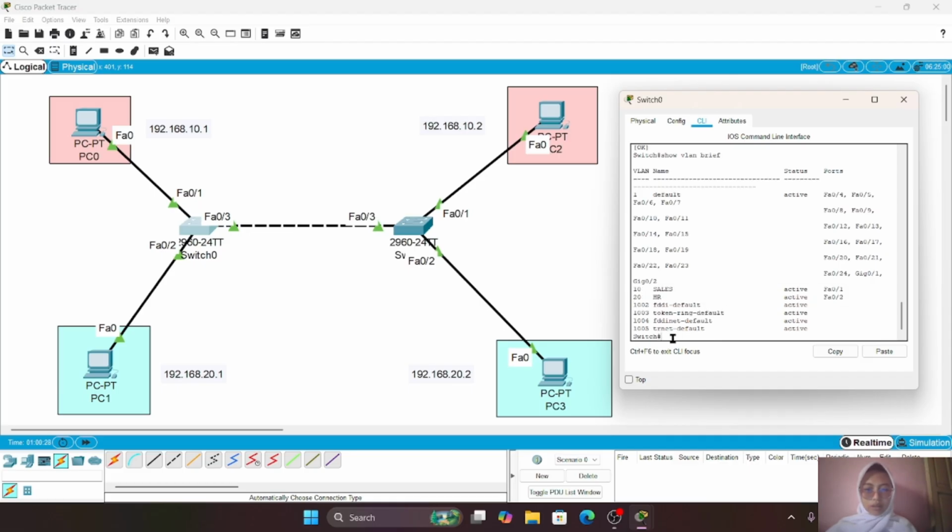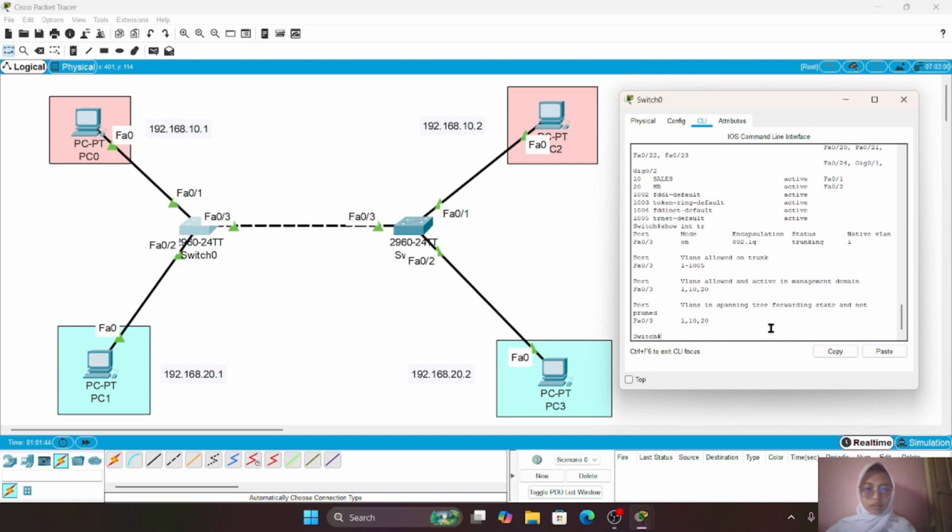Next, I use the show interfaces trunk command. This command displays information about the trunk interface.